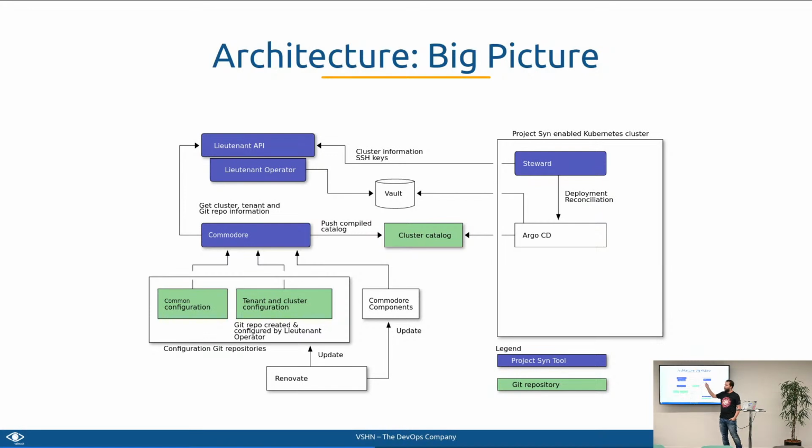Also, we have Vault in the middle. Vault is used to store secrets securely. It is used by Kapitan in the backend to retrieve secrets and to apply them directly on the cluster if needed. So that means no secrets are stored in Git, actually. In Git, we only store references to secrets. We do not even store encrypted secrets. It's just references, and during the apply phase on the cluster, the Kapitan plugin in Argo CD knows what to do with these references and retrieves them and applies them directly in the cluster without revealing them outside of a cluster. So secrets are completely contained in a Kubernetes cluster.